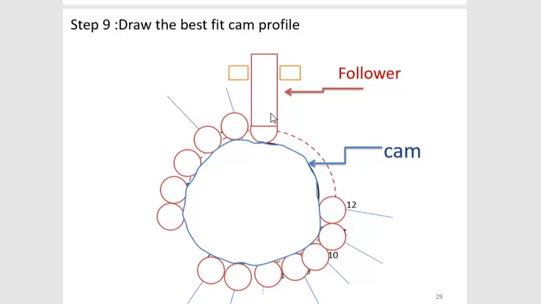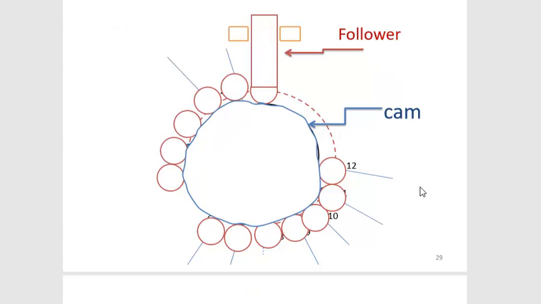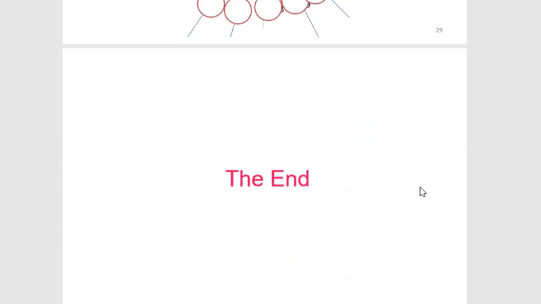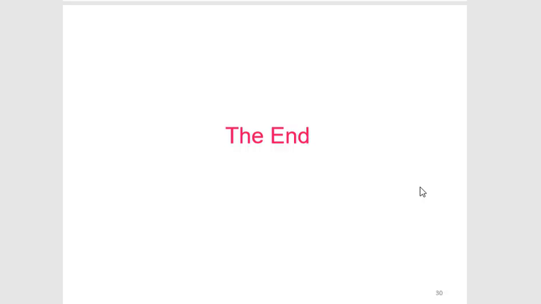This particular diagram I have drawn on the basis of the base circle. So I will get the base circle profile from the very start of this curve, and the cam profile can be generated. So this is the end of the design. By drawing the displacement diagram, drawing the cam profile, and calculating maximum acceleration and other parameters like radius of curvature, you can come to the end of this design called design of cam and follower.